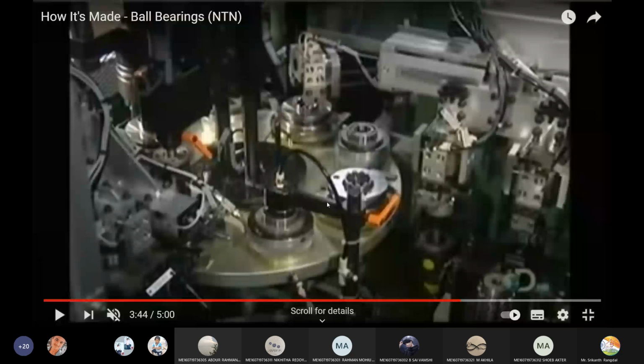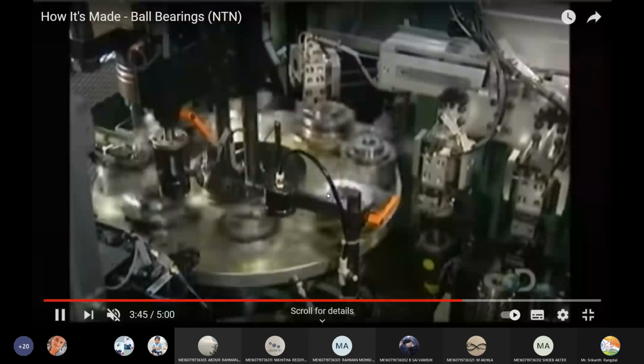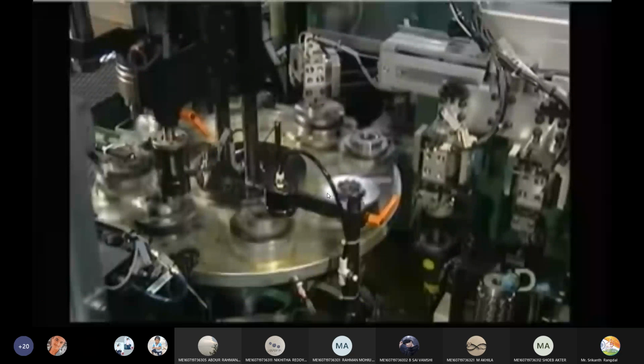And if you get an odd number of stations, what to do in that case? It may be a question which is popping up in your head, right? If there are an odd number of stations, what is to be done? You can do one thing. You can make an odd number of grooves in the Geneva mechanism and use it, or one of the stations you can just keep idle. One station will not do any assembly work. Okay, so these are some of the ways in which you can make the adjustments.